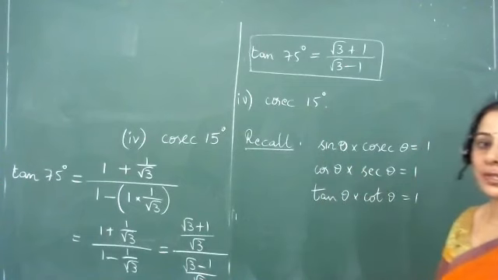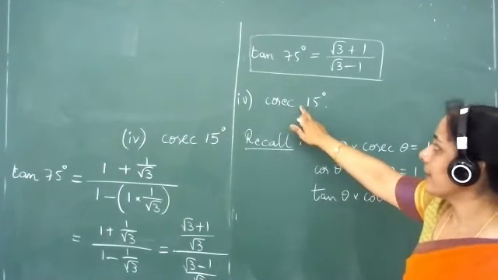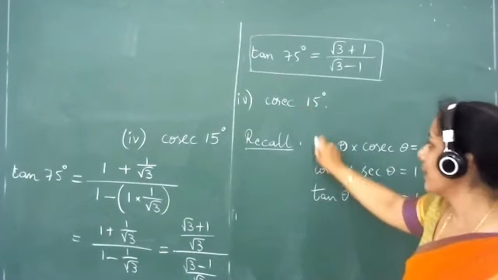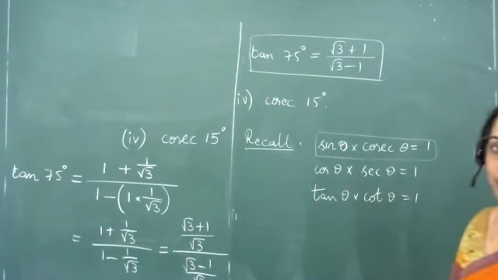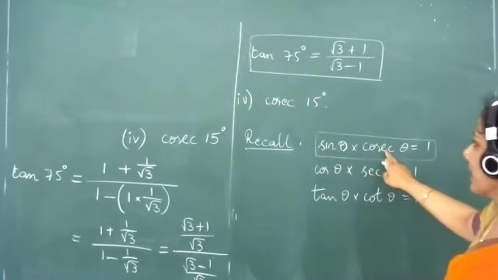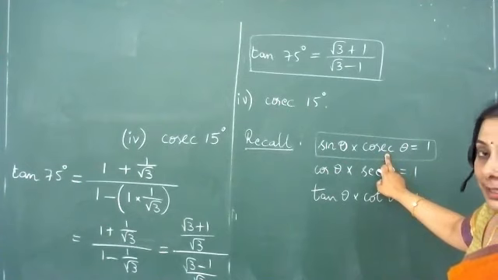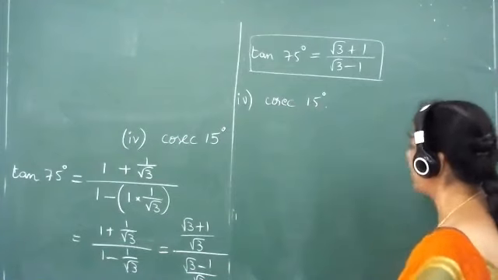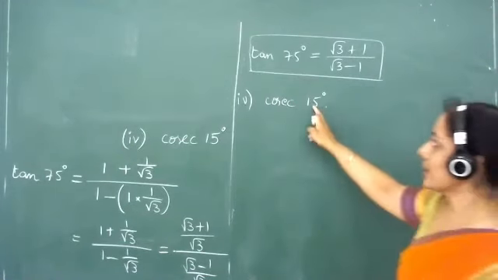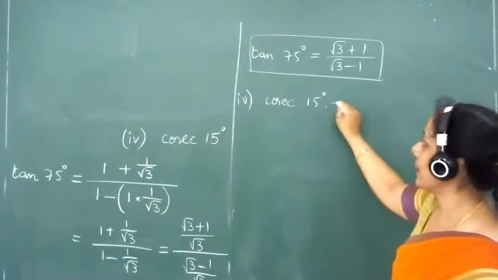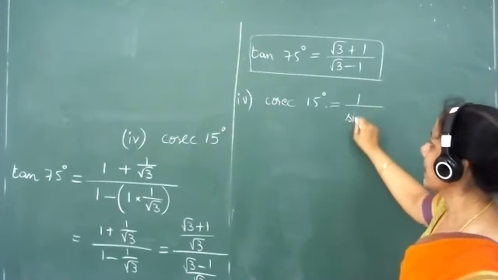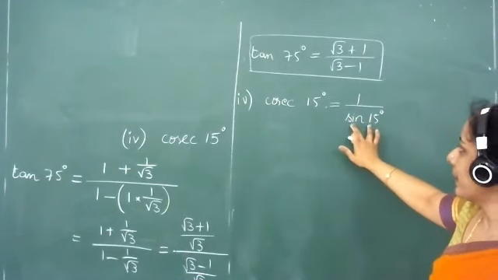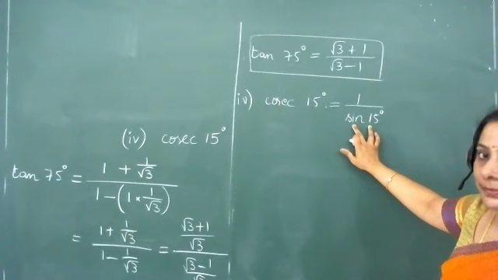Now here, which is most suitable for us? To arrive at this value of cosecant 15 degrees, of the three reciprocal relations, we observe the first one holds good, isn't it? Cosecant is nothing but the reciprocal of sine theta. So here we shall be using the first relation to obtain the value. So to find out cosecant 15 degrees, I will first express it as 1 divided by sine 15 degrees. Now I will be finding out the value of sine 15 degrees.